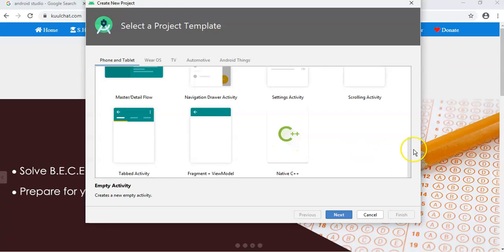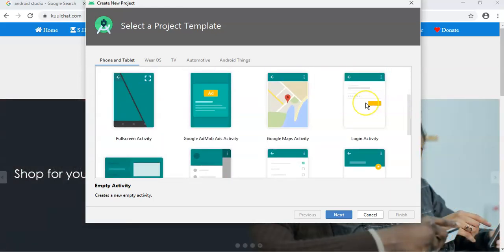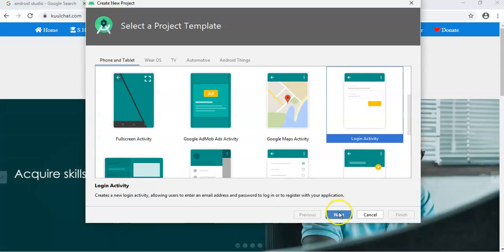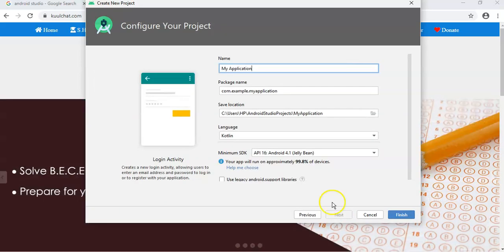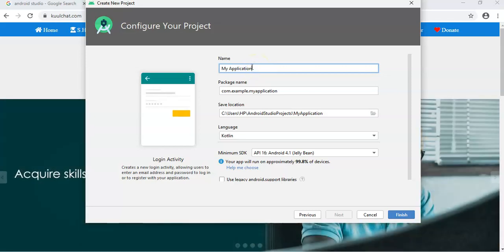Okay, so let's choose login just for testing sake. So let's assume we are creating a login activity. So we just click login, then we click next. Okay, now the name is the name of your application. So you can give a name to your application. So let's say if I'm developing